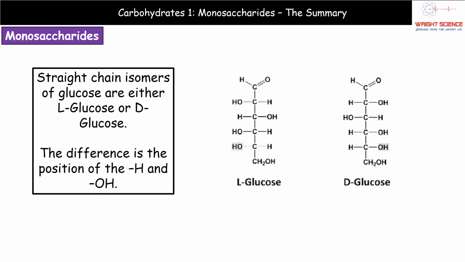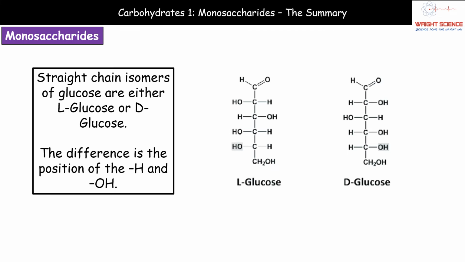So we've got L-glucose on the left, D-glucose on the right. And if you look, actually, the vast majority of the structure is the same. They've both got the same formula overall, but if we start at the top of the molecules and just work your way down, you can see that a large proportion of this is identical. So we've got the carbon double bonded to the oxygen and a single hydrogen at the top. Then we're going to come down our carbon backbone chain, and then we get to the bottom, we've got CH2OH